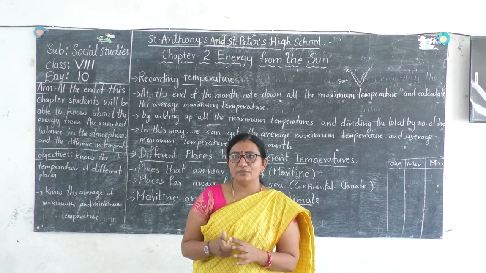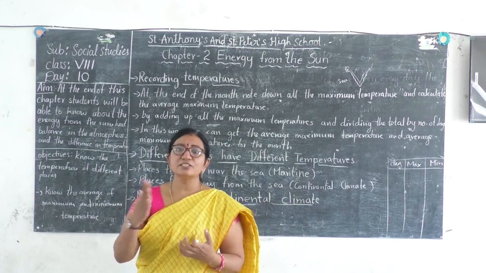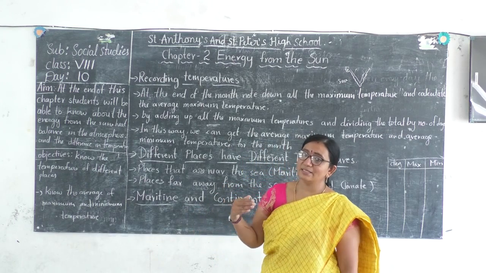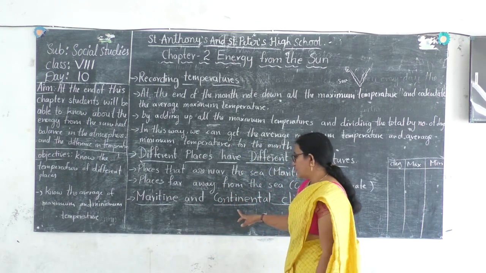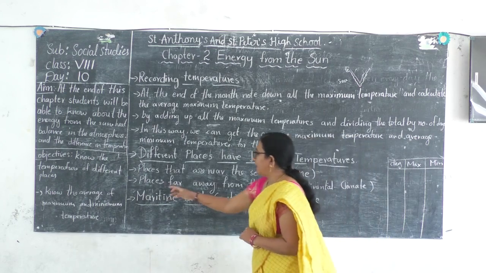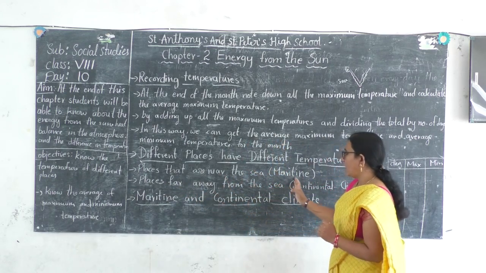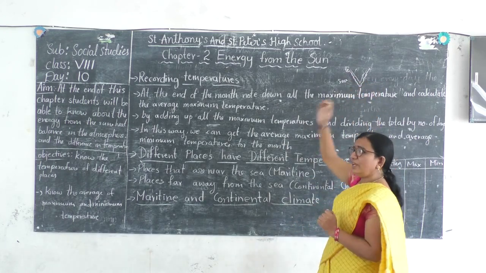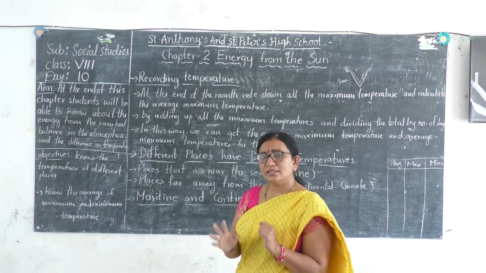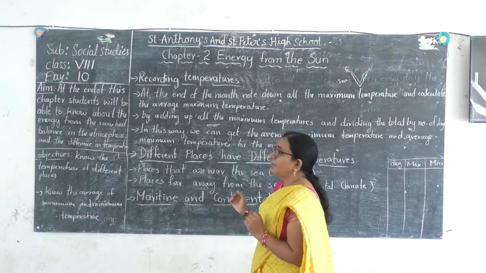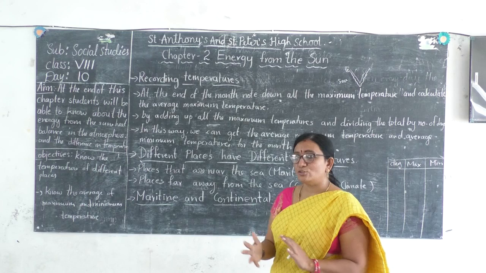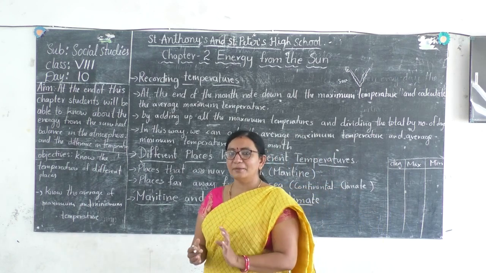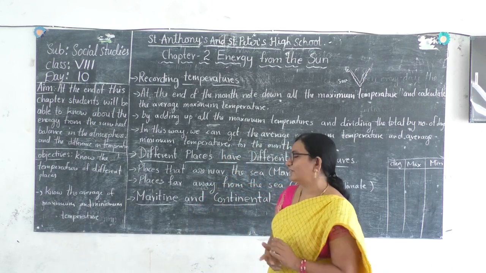There they experience the breeze from the sea. That is the reason their climate is different from the continental climate. So places that are near the sea have a moderate climate. As I told you, near the sea, almost every country has a sea coast and experiences this. And as we know, this climate is enjoyed by many people near the beaches. In summer, most of the beaches are filled with people.